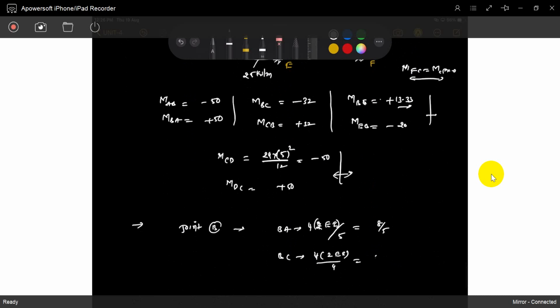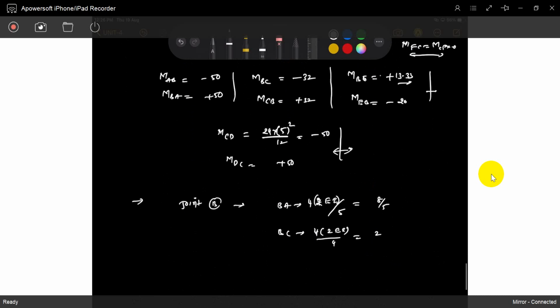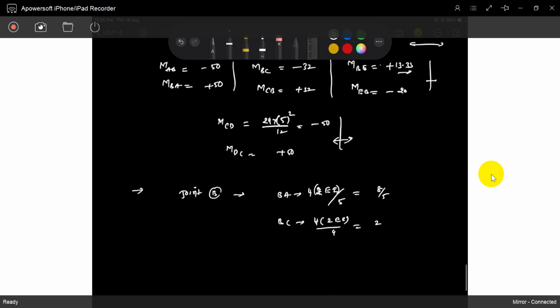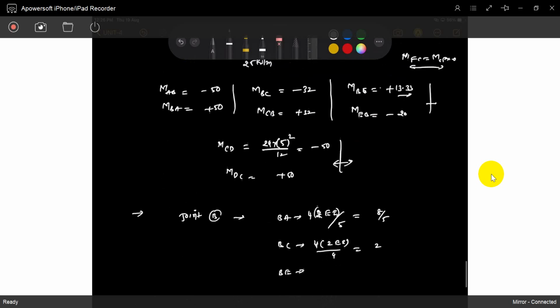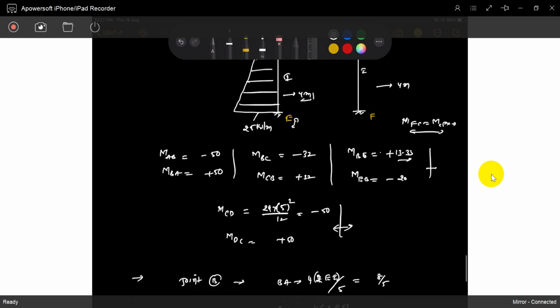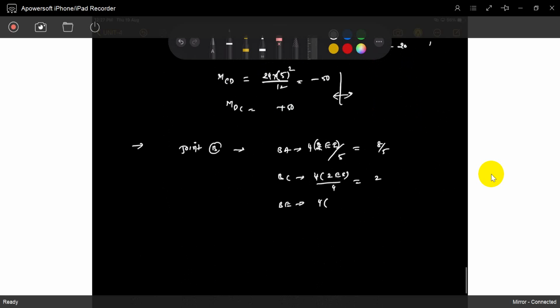4. It's a 2. Okay, 8 by 4, it's a 2. That's it, na? BC. So now BE. BE is what? It's a length of 4. E is a fixed end, again 4. EI by 4, it's a 1. Okay, so what is the total? 2 plus 1, it's a 5. 8, 10 plus 5, 15. 23 by 5.